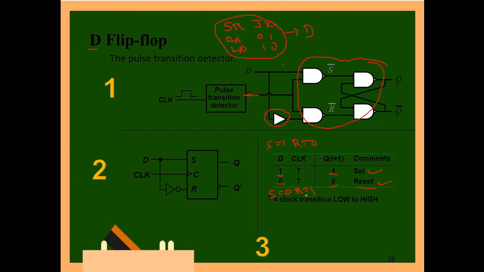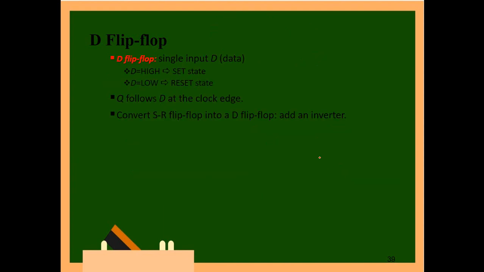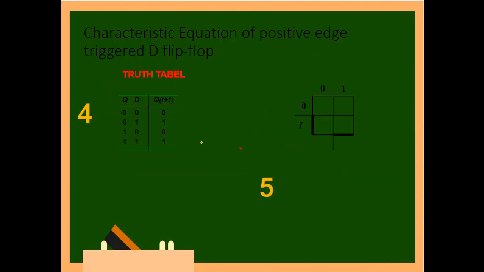In this condition it acts as a D flip-flop, so we can call it the data flip-flop, because whatever input we give, the output is the same: 1 gives 1 and 0 gives 0. So we call this one by a symbol, something like that. The D is directly given to S, and its complement to R. So from this, first we studied the logic diagram, symbol and characteristic table. Now we move on to the operation of the truth table.